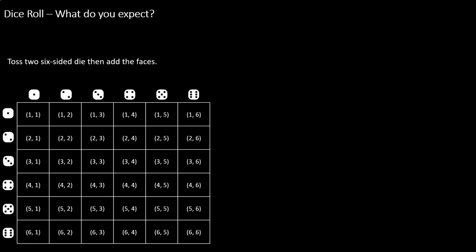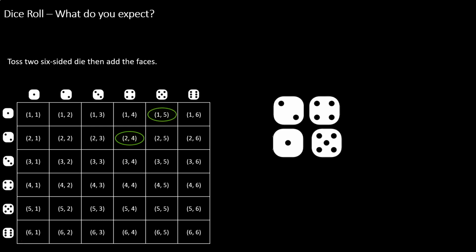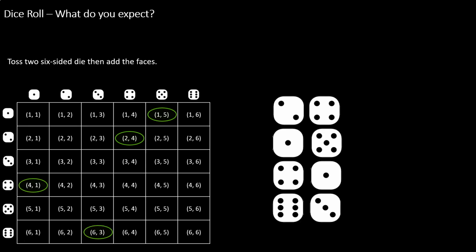Let's say we toss two dice and we add together the faces that show when they land. We could expect outcomes that look like 2 and 4. So we can see that in our table, 2, 4. That would represent the outcome of one dice being a 2, the other dice being a 4. We could have other outcomes like 1, 5, 4, 1, 6, 3. So we can represent the entire sample space here of our experiment in the table using ordered pairs, where the